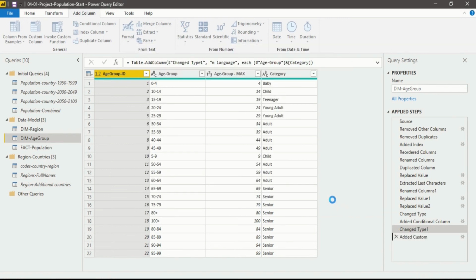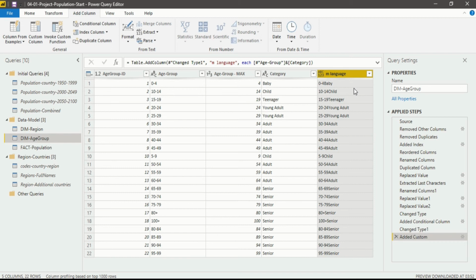After that, when I click on OK, you will see the changes in the M language have happened, because the code I have written is completely different from the code I am seeing in the formula bar. Power BI Desktop takes additional information from me and puts up an M language of its own, with the changes that could be adopted in our formula. So it will take a few seconds to do all the changes.